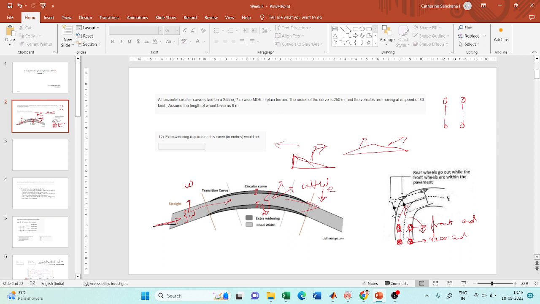So there are no issues. Whereas when you traverse a horizontal curve, if you see this picture,